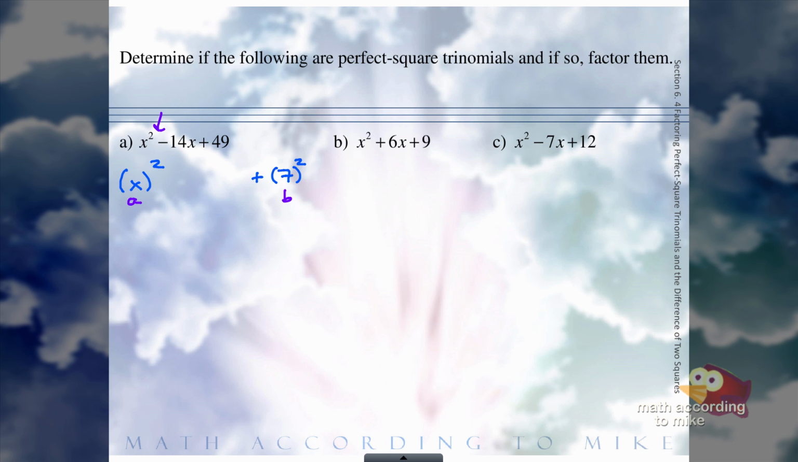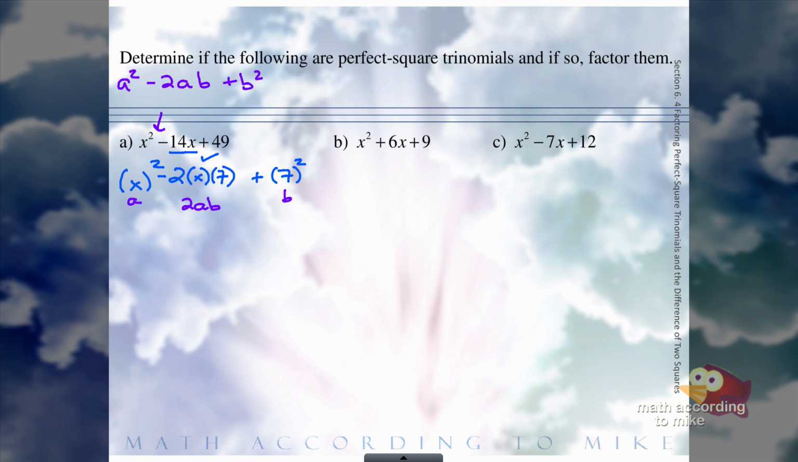Since this is a minus, then we need to see if we have the format a squared minus 2ab plus b squared. So that means we need to check, does the inside have the format of 2ab? So do we have 2 times our a is x, our b is 7? Does 2 times x times 7 make 14x? Yep. So because of that, we do have the format of a squared minus 2ab plus b squared,